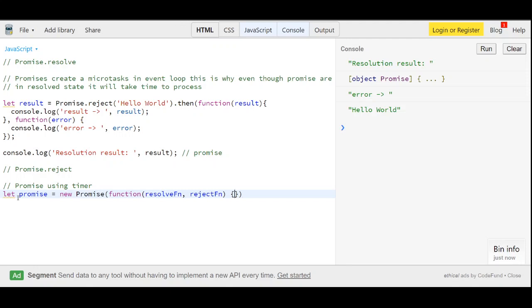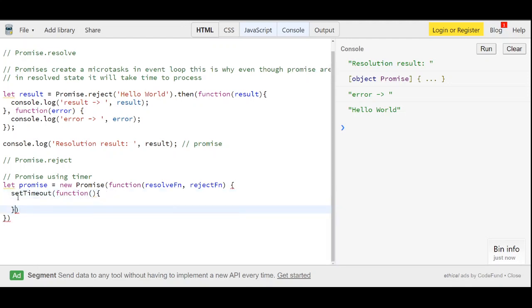So where we were in this process, we were creating a new promise with setTimeout, and then a function, to be executed after 1 second.